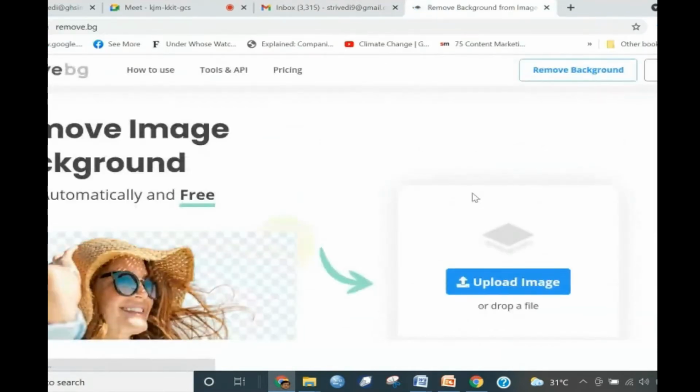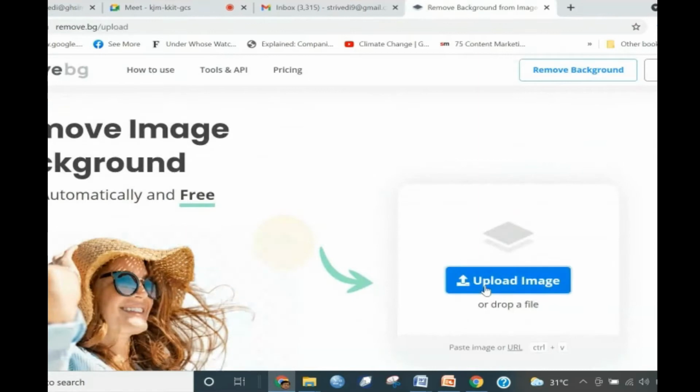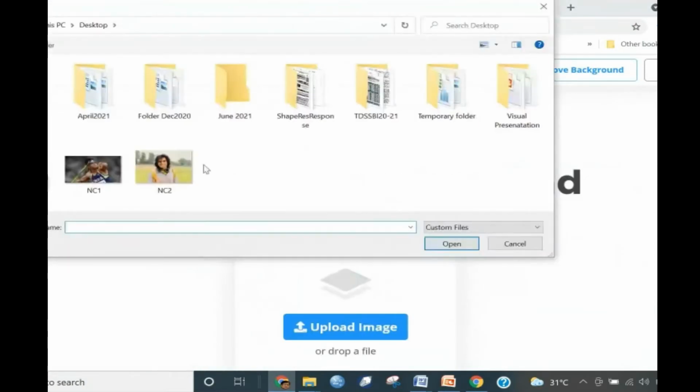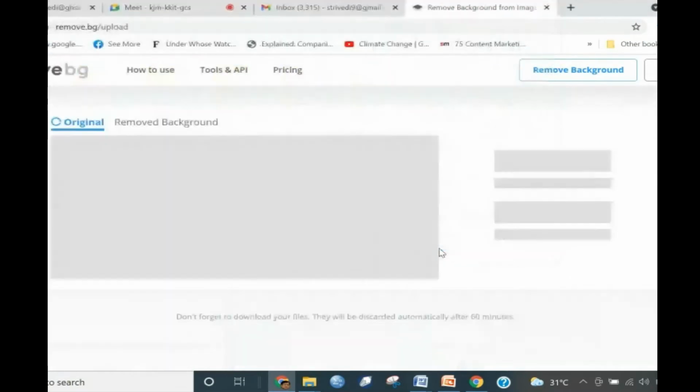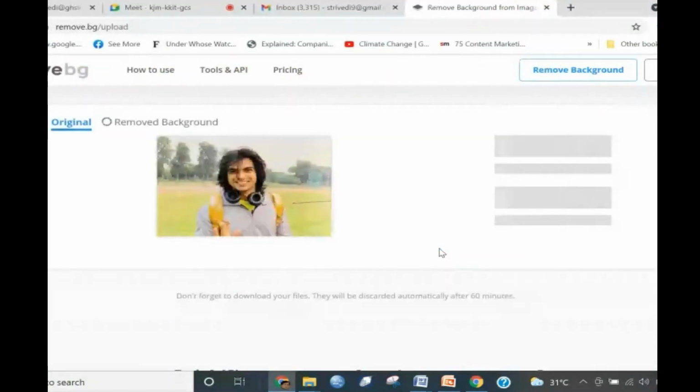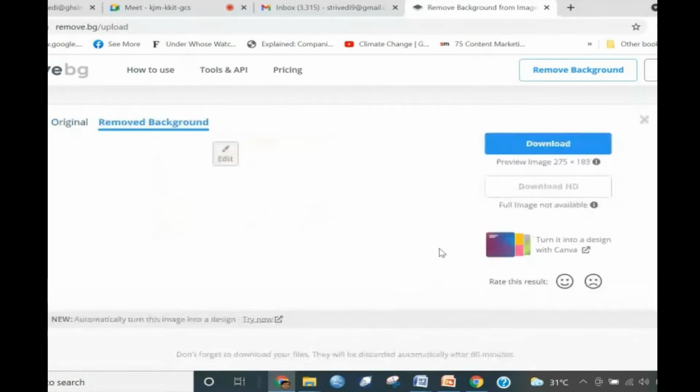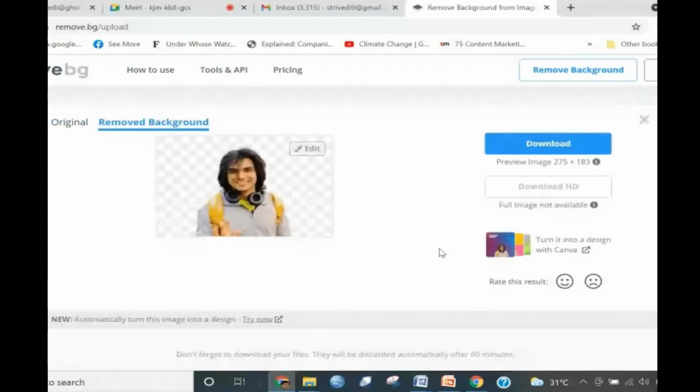Once again, I have clicked this remove BG tool, and I will test with another photograph. This photograph I will test. Now, what we see is that again in this case the background has been removed. So the point I am trying to say is that